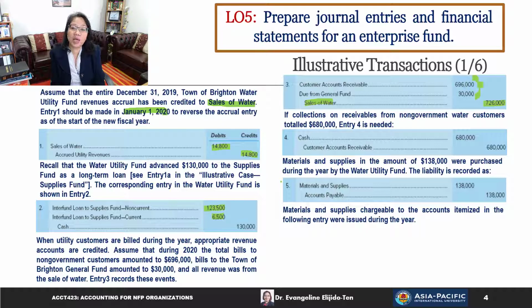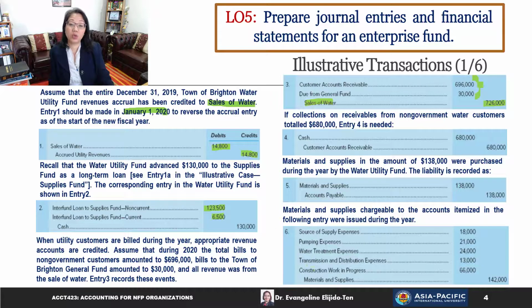When materials and supplies chargeable to the accounts were issued during the year, then our journal entry would be to credit materials and supplies for the full amount, 142,000 in this example transaction. We will credit materials and supplies because we are reducing our asset of materials and supplies, 142,000. And what do we debit? We will debit the corresponding expense accounts. So it looks like out of this 142,000 that we have charged in terms of materials and supplies,